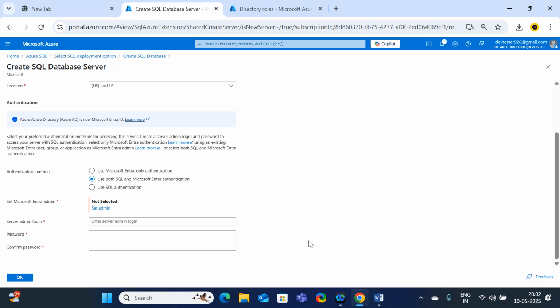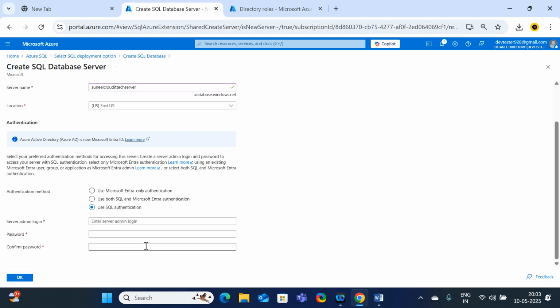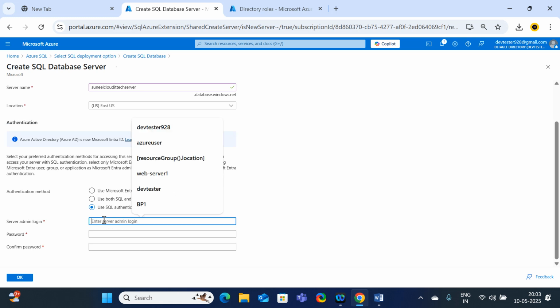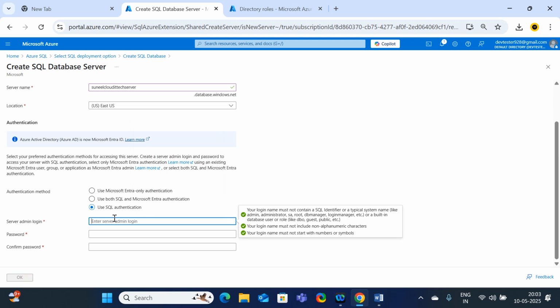Okay, in this way we can create the user in Entra, and if I want to add those users to this SQL database server, I can add them. So here I am going to use only SQL authentication. Yes, then it is asking me for a password. Here I need to set the server admin. Here I need to set the same